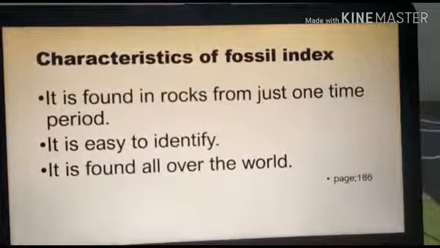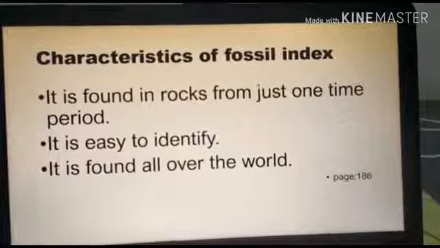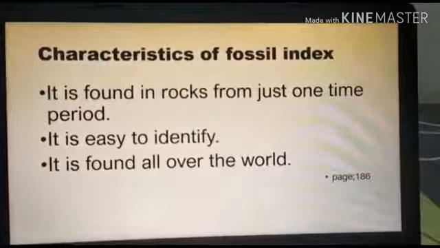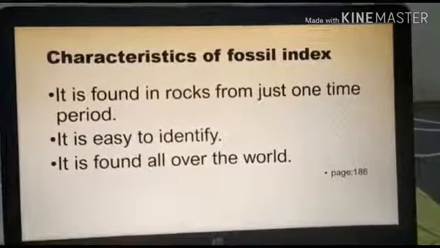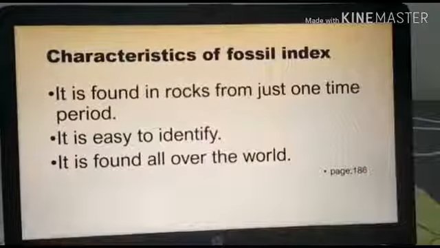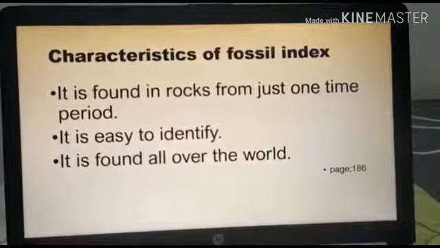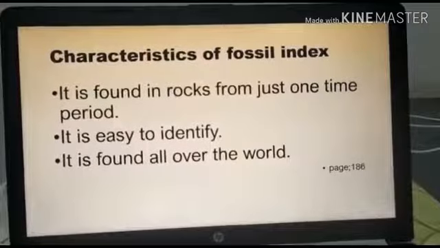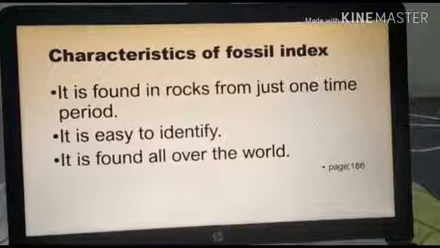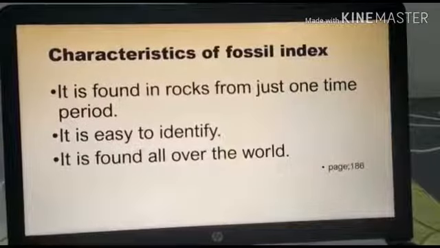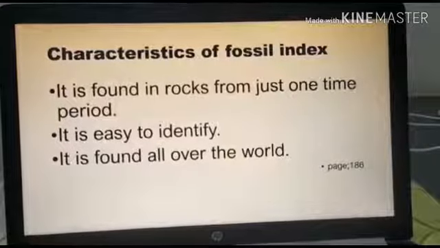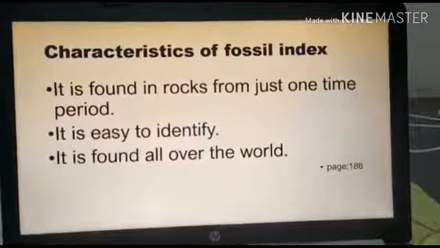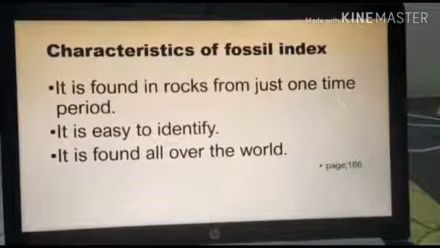So what is the useful thing inside it? When you find these fossils, you can know the age of the rock. These rock layers will be in the same time period. So the climate will be the same in that time, and the habitat of the animals. All these things will be the same in that time. So we can compare and learn more about the age of each layer. We can learn more about the time period because of this.